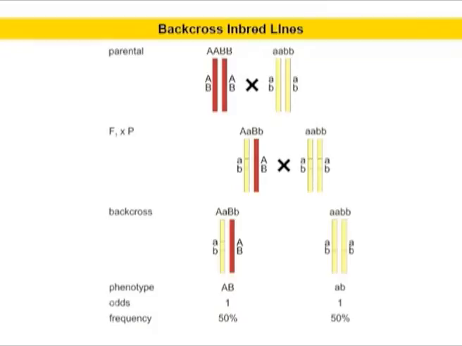The next one is backcross inbred lines, or BIL. Backcross inbred lines are developed by backcrossing the F1 from a cross between two homozygous lines to one of the parents and continued selfing of the BC1F1 progeny to obtain homozygous lines. For example, a set of 98 backcross inbred lines in rice was developed by backcrossing the F1 from the cross Nipponbare japonica and Kasalath indica to Nipponbare, and continued selfing of the BC1F1 progeny to obtain BC1F5 lines. A possible advantage of BILs may be the increased frequency of the alleles contributed by the parent used for backcrossing.